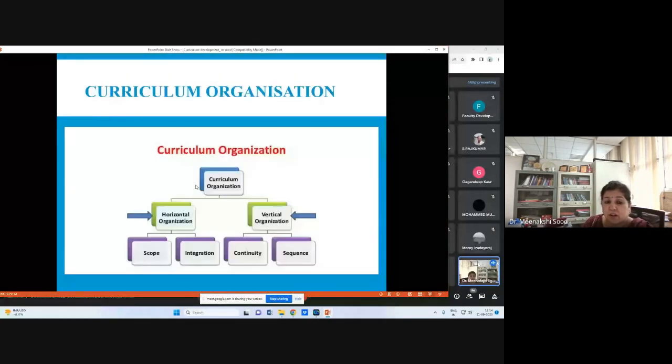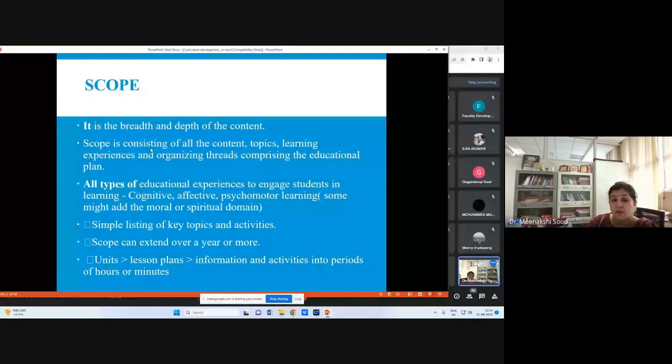In horizontal organization, we have two parameters which have to be taken care of: scope and integration. Scope is basically the depth of the content, that is, how much, at what level, because as I said, it's not like earlier times when knowledge was restricted, right? Knowledge is now